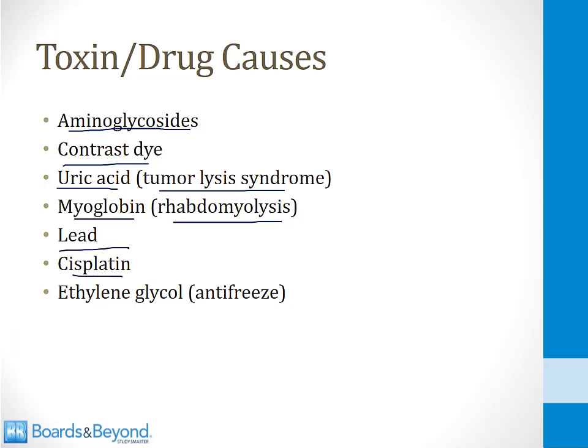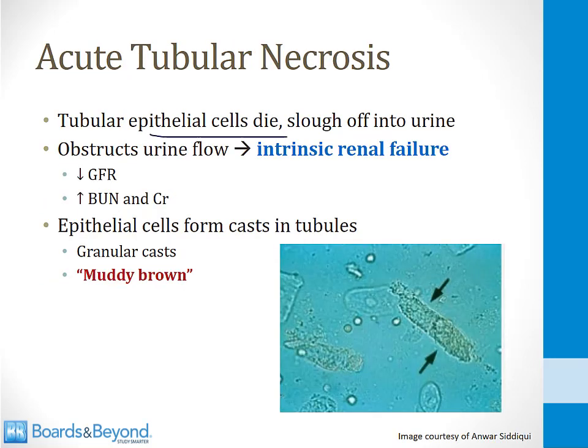Lead and cisplatin, which is a chemotherapy agent, are famous for causing ATN. And then finally, ethylene glycol, which is an antifreeze. If people drink this as part of a suicide attempt, they can get ischemic ATN in addition to an anion gap metabolic acidosis. In tubular necrosis, the epithelial cells die and they slough off into the urine, and they obstruct